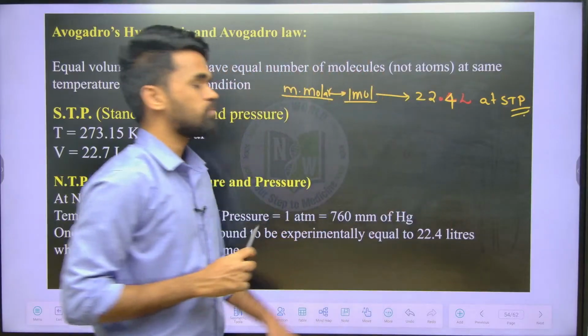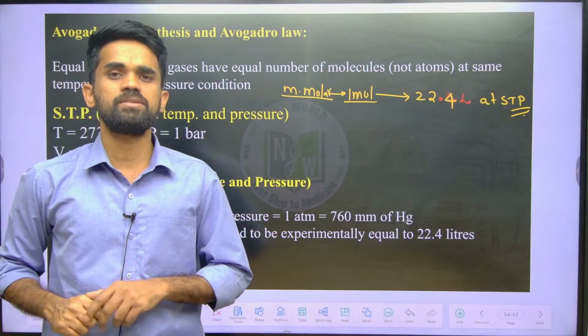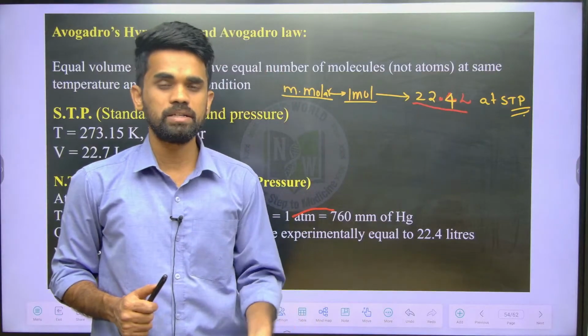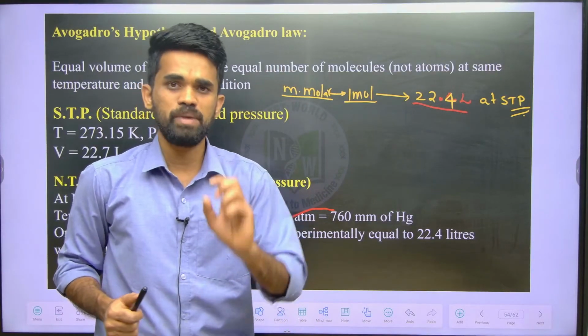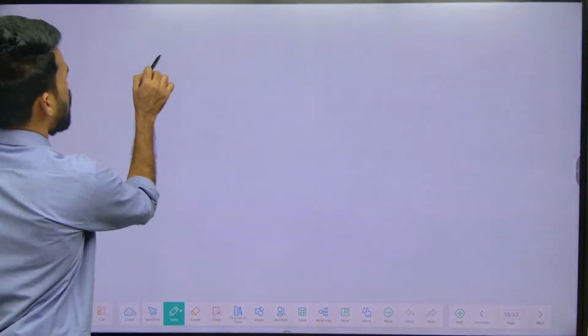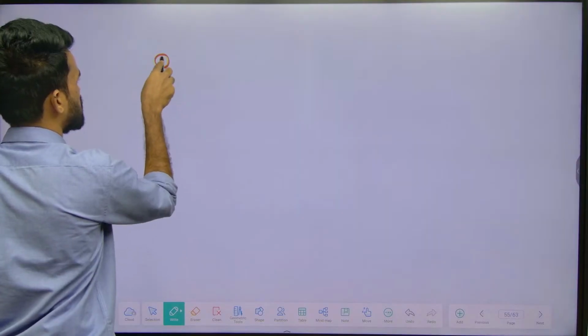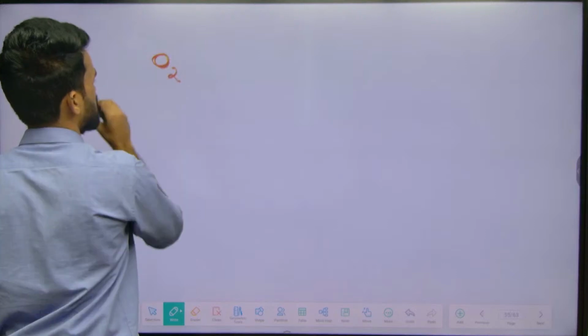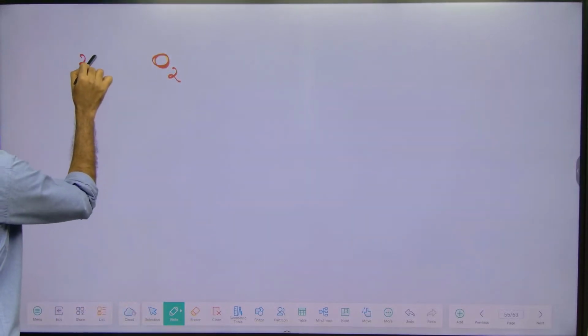1 mole of any gaseous substance you take occupies how much volume? 22.4 liters. How did we get this? This is an experimental observation. Now let me tell you one question here. Consider oxygen gas as an ideal gas, O2 as an ideal gas. Let us say 2 moles of